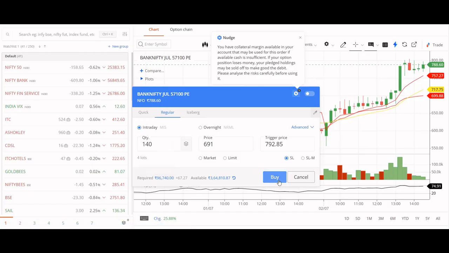So if at all we have bought one lot at 691, and now this particular put option is trading around 788, which is almost 100 points of profit. So for one lot, if we have bought it, we might be getting a profit of around 3,500 rupees in one day with 24,000 rupees. So this is the beauty of options. We can multiply our